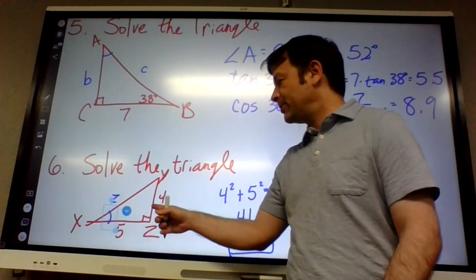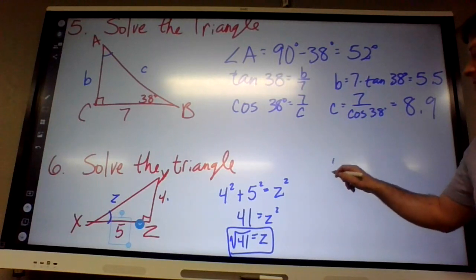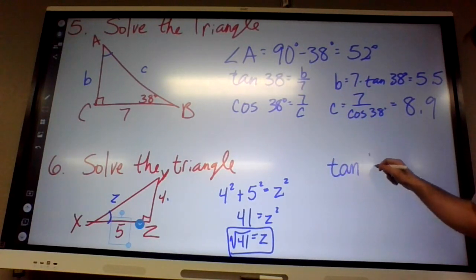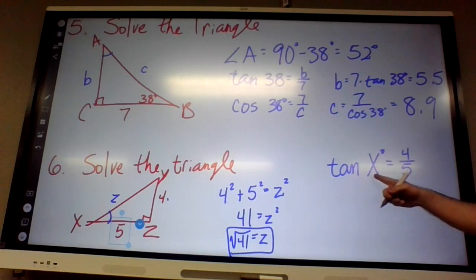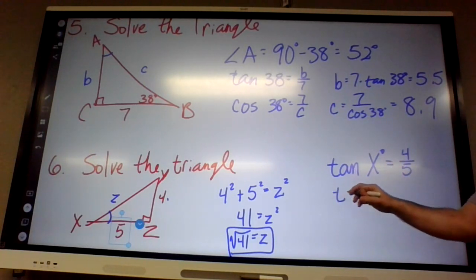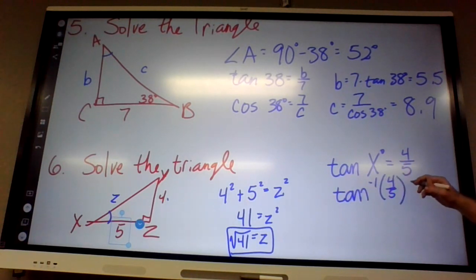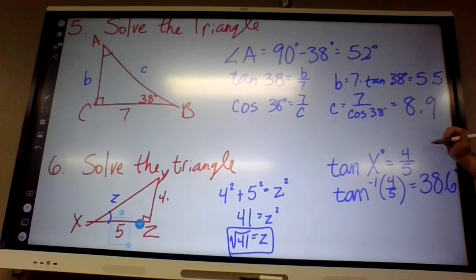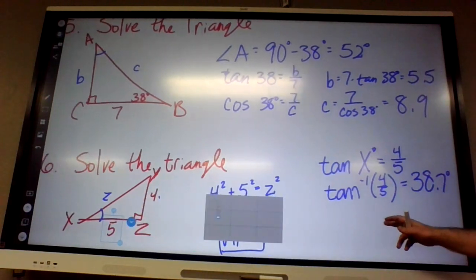In this case, if I'm looking for x, let's say 4 and 5 are the opposite and adjacent, which is tangent. Tangent of angle x should equal the opposite over the adjacent. So now the variable is over here where the angle is. So to go backwards to find the angle, that's when tangent inverse comes in handy. I got 38.6. Okay, 38.6. We could do something similar to find angle y, but